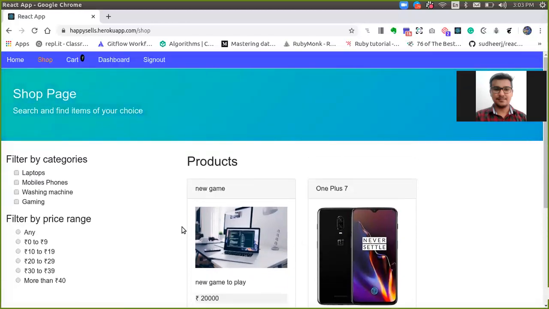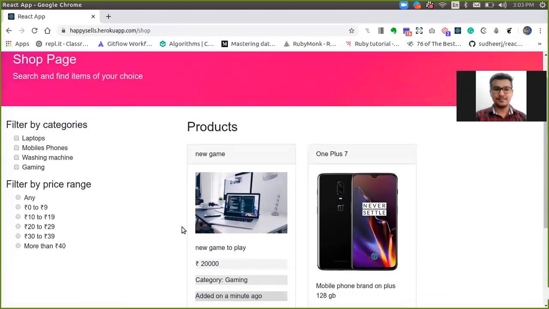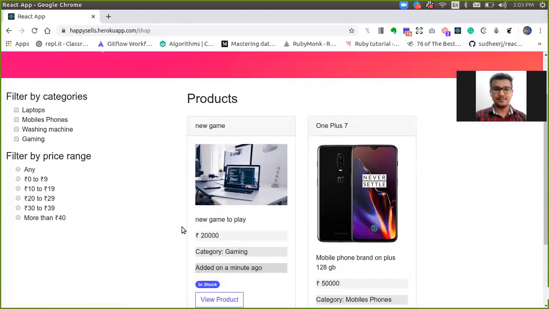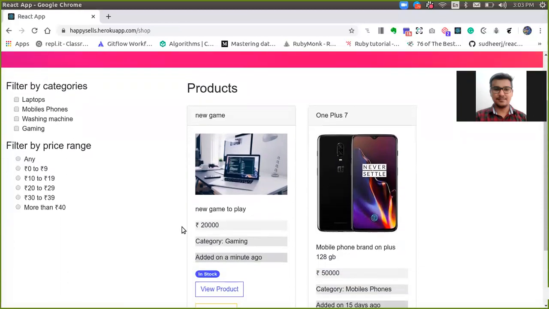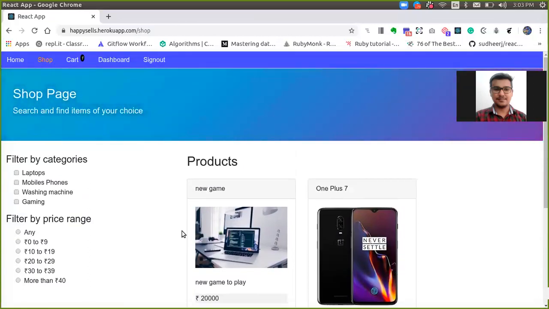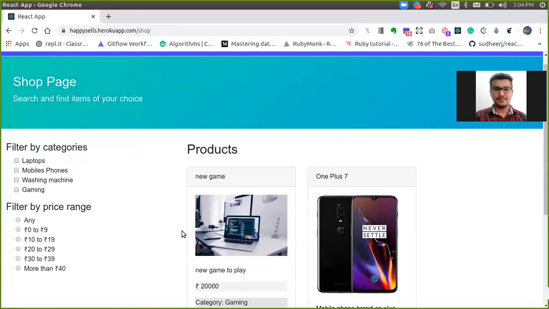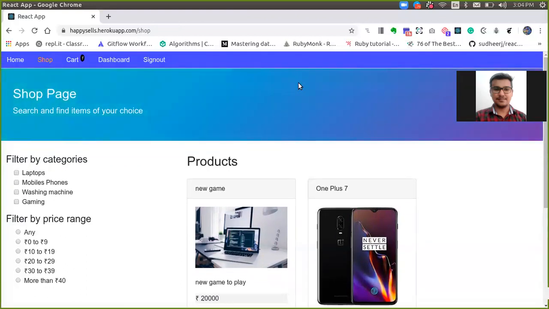And in future we are adding more features, and if there are some bugs, we can correct them, adding more categories and adding the payment system, and making the UI much better and the user experience more efficient. So hopefully in future we will add these features, and that's it from my side, and thank you very much.